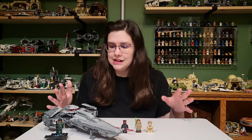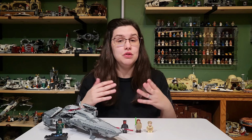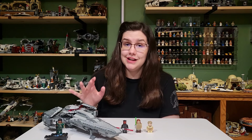Yes, that is expensive. There is no getting around that. I think that overall it's a good set, but holy cow, it is expensive. And if you have gotten other Sith Infiltrators, I can definitely see how you would want to pass on this. But before we go into this any further, I do want to give you guys a closer look at the